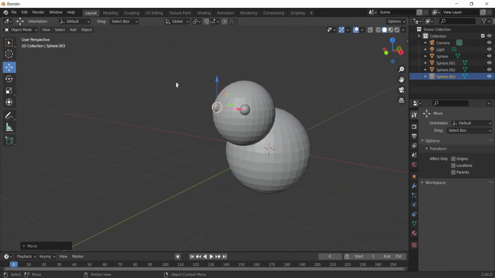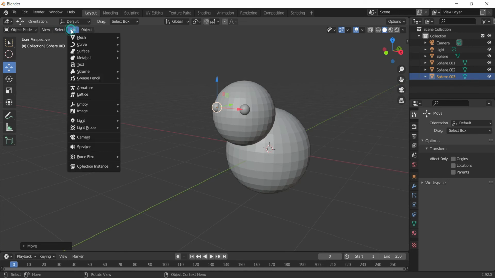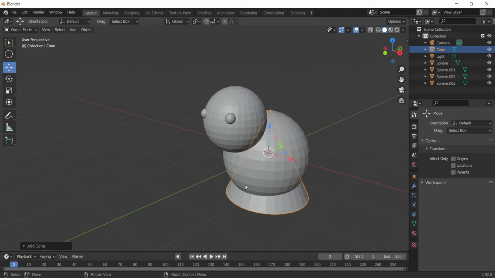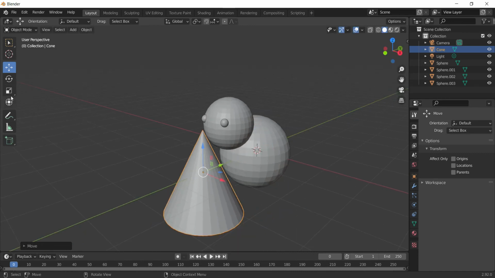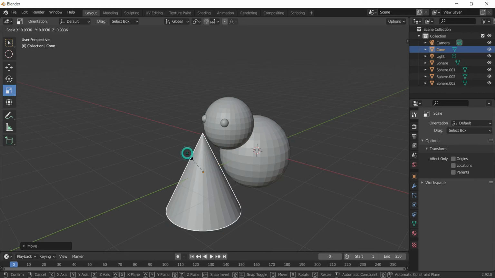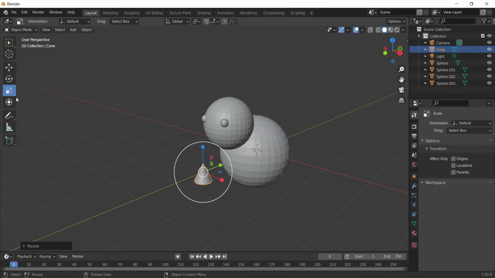Now I will add a new object here called a cone. So I'll bring the cone, and this time I will first scale it down like this, and the second tool I will choose is rotate. So in this activity we are exploring these three tools: move, rotate and scale.